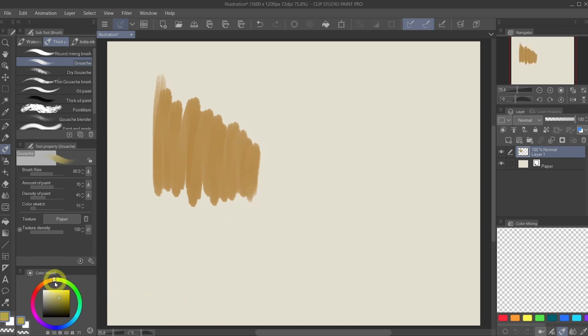Now pick another color and lay right on top of it. You can see that immediately it's blending nicely in the middle. This is due to a brush engine attribute called color mixing within Clip Studio Paint. When I'm pressing more on the canvas, it will release more paint, and when I'm releasing less pressure in my Wacom One pen, it is going to blend with the bottom color.